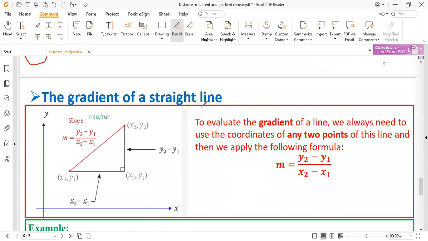And this exercise is very similar to the idea of exercise 6. What about the gradient of a straight line? Normally, the gradient of a straight line gives us some idea about the variation of the line: whether the line is increasing or decreasing. We can say the line is increasing, or going up, because the x-axis grows in this direction. When the x-axis grows in this direction, normally we start